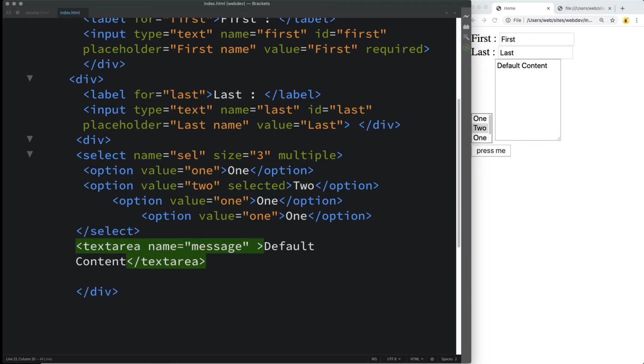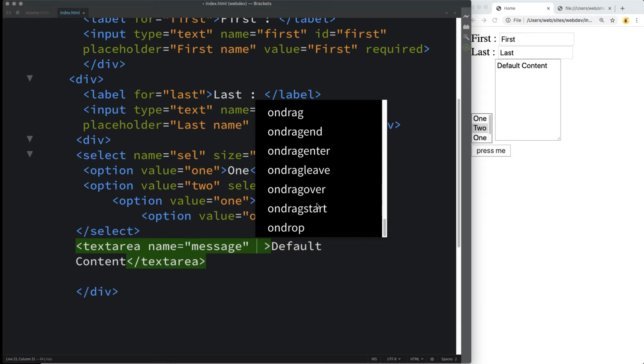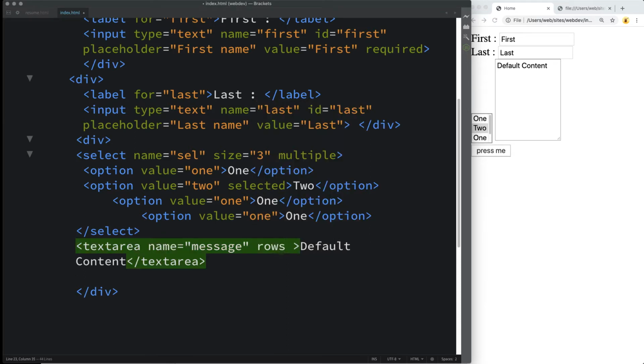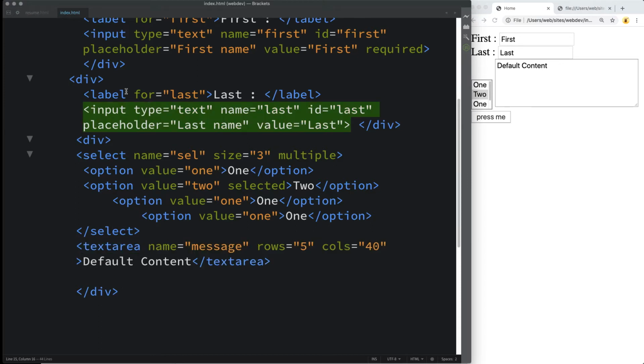Also, nowadays with CSS, we're setting the size using CSS. There's also options to set the number of rows. So if you're wanting to use just regular HTML attributes, you can specify how many rows and then also how many columns you want to display the text area. And that will resize the amount of space allocated to the text area. And as well, just as we saw with the original inputs, we can apply labels to those to provide more context to what's contained within that area.